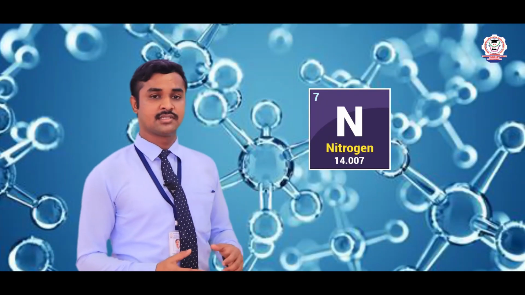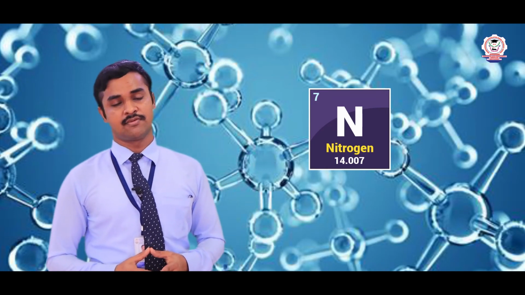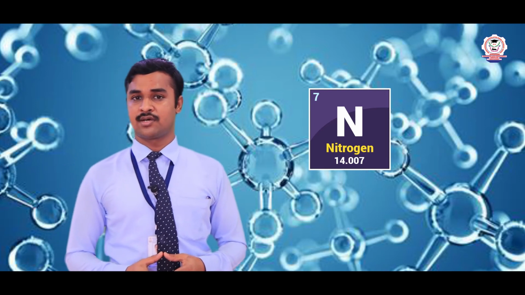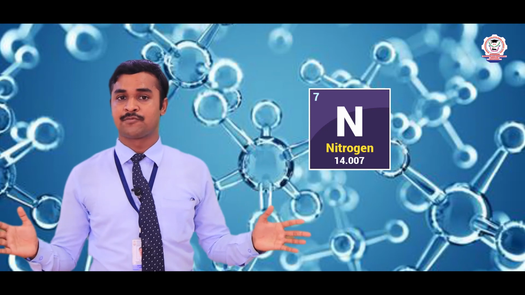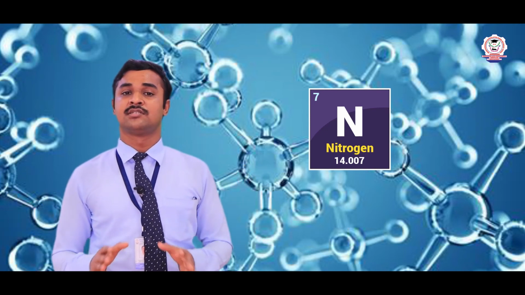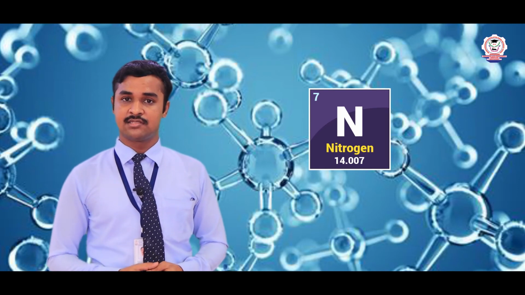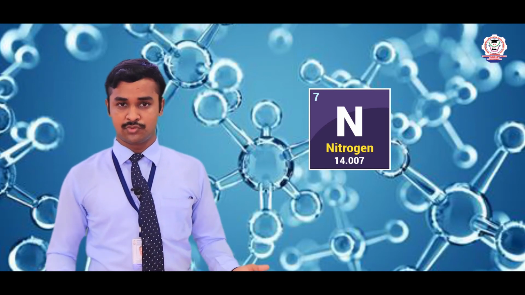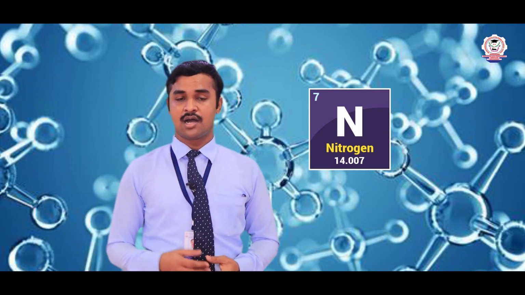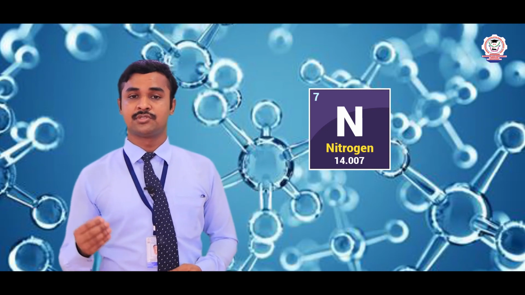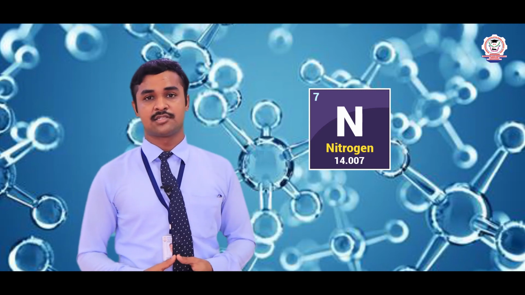And our seventh element is nitrogen, N. It contains 7 protons. So, the atomic number for nitrogen is 7. Nitrogen is mostly present in our atmosphere. One of the gases present at about 70% in the atmosphere is nitrogen. This nitrogen gas may also be used to prepare nitrogen compounds, for example ammonia and amines, and it may be used as fertilizers. So, it is very essential for agriculture.